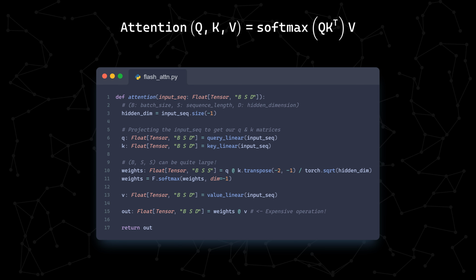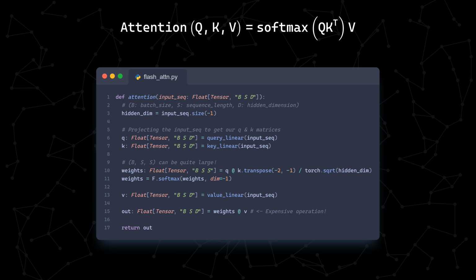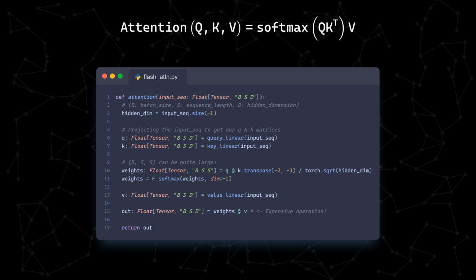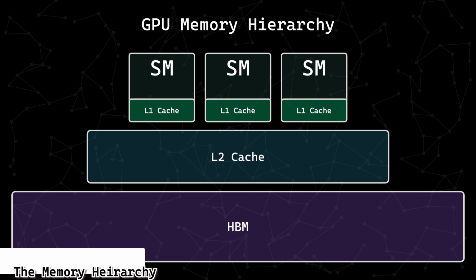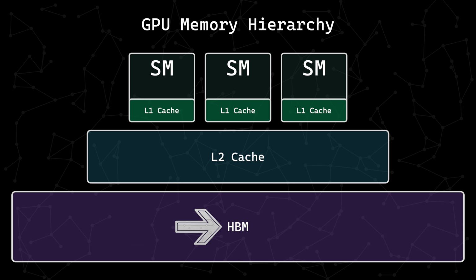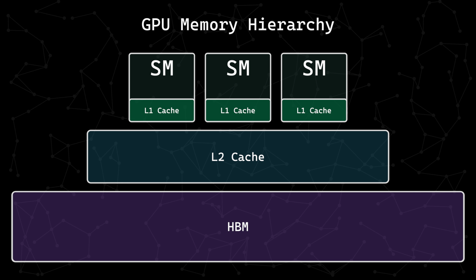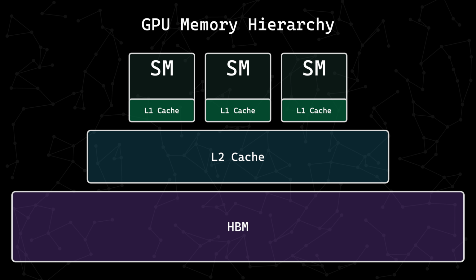As the sequence length of our model increases, this code, with all of its operations with the weight matrix, becomes more and more of the bottleneck for efficient training and inference. Here's a simple diagram of how the memory is laid out in our GPUs. All of our data lives here in HBM or high bandwidth memory, sometimes referred to as VRAM. Funnily enough, it's this memory that has the lowest bandwidth on our diagram. Well, only because CPU memory isn't depicted.